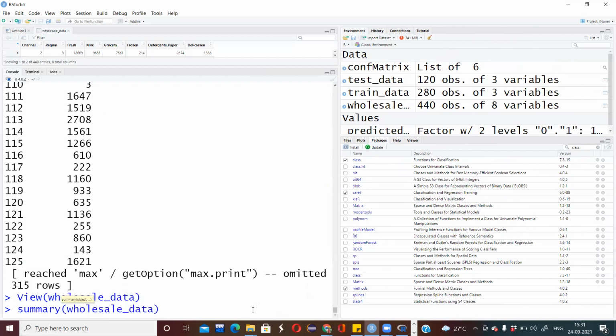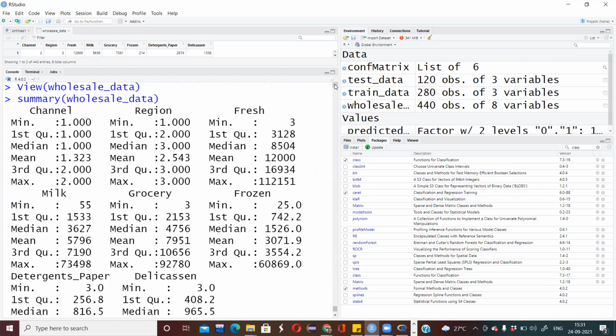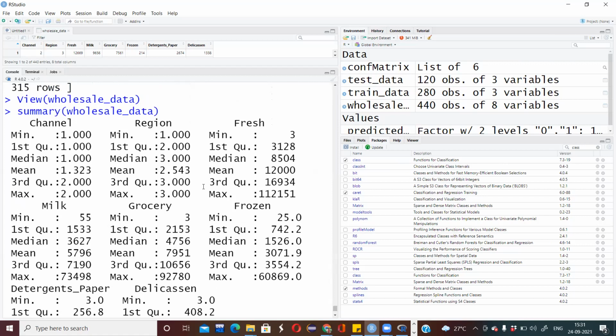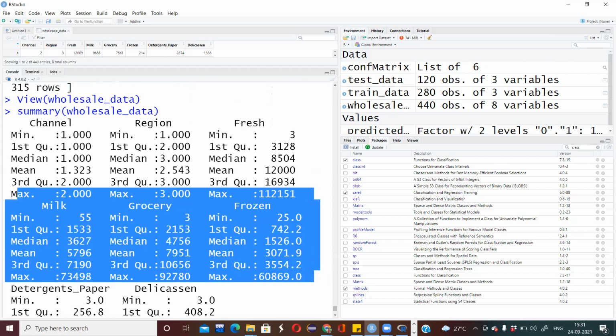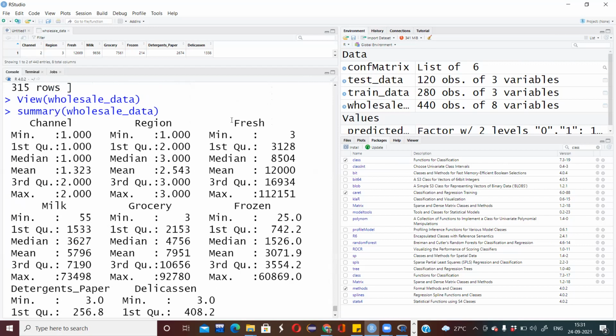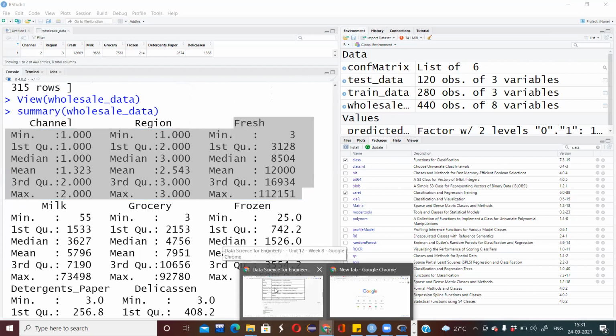Okay, so this will give me the summary, the five-point summary here. So if you check the maximum value everywhere, which has the highest value, fresh product has the highest annual spend. So that should be considered as your